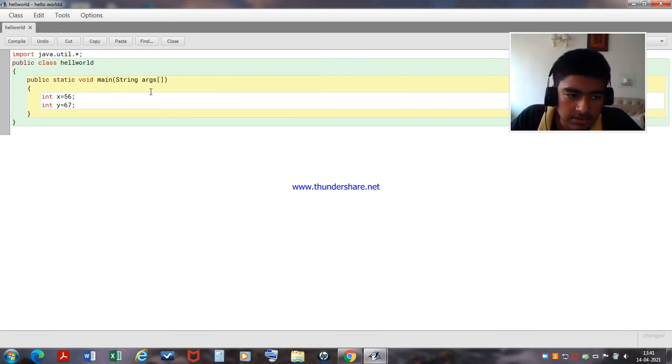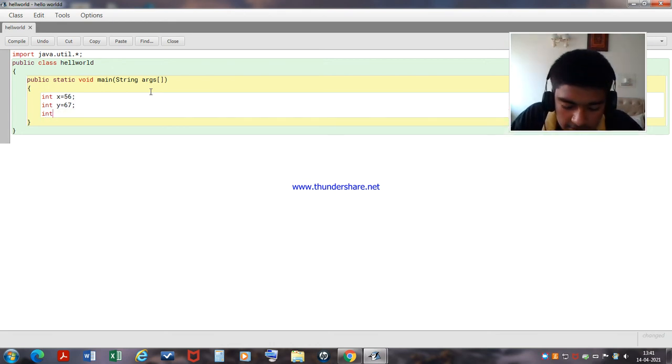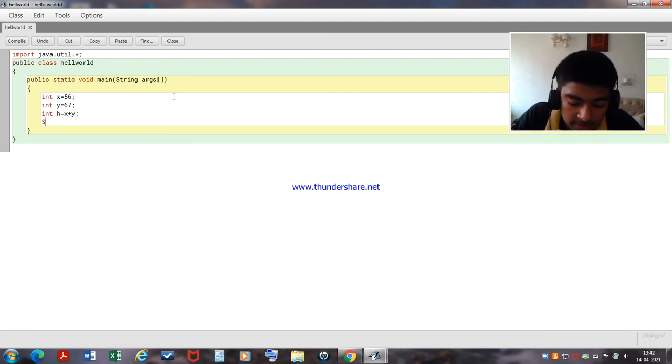Now to simply add them, you write another variable, int h equals x plus y. You can name it anything you want, x, y, z, anything on a keypad, but don't repeat names, as simple as that. So int h equals x plus y. That's quite simple. And then you have to print, system dot out dot